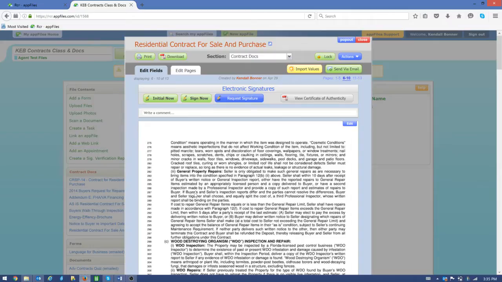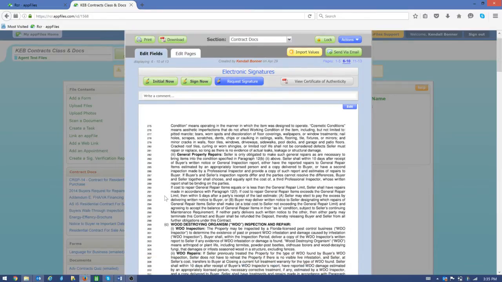If the buyer or seller's inspection reports differ and the parties cannot resolve the differences, buyer and seller shall together choose and equally split the cost of a third inspector, whose written report shall be binding. So it's similar to like arbitration, right? It's like, hey, we'll split the baby in the middle. So sounds very fair here, don't you think? And we're compromising now. And sometimes emotionally, customers, by the time you get to third inspection, perhaps people are